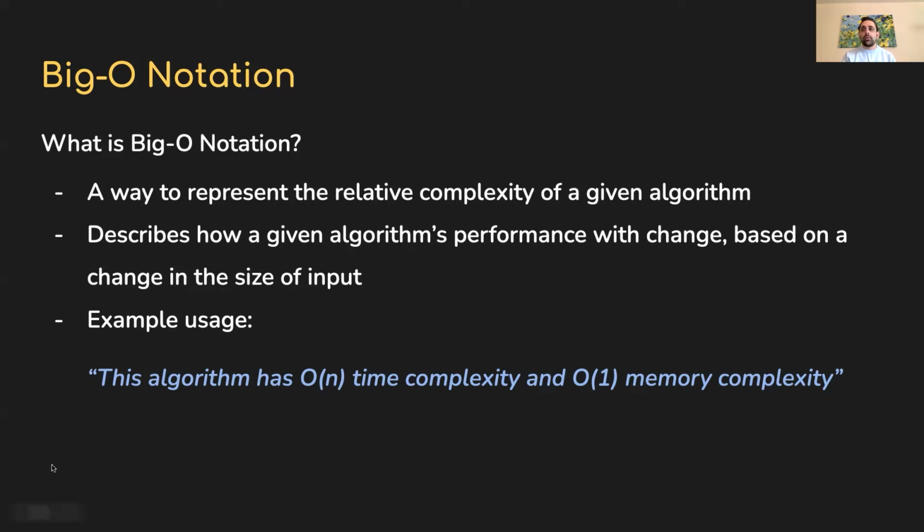Any questions about just the introduction to Big O analysis or notation? So again, the key takeaway here is we're just talking about relative time complexity. It's just like a language. When we talk with programmers, if I say something like, hey, this is O of n or linear time complexity, you should be able to understand what they are talking